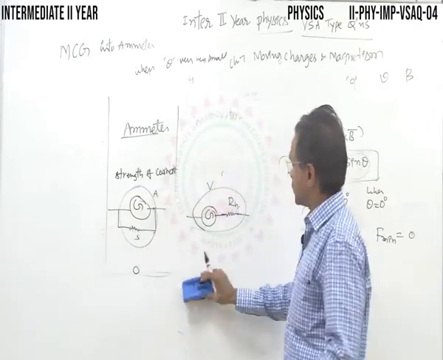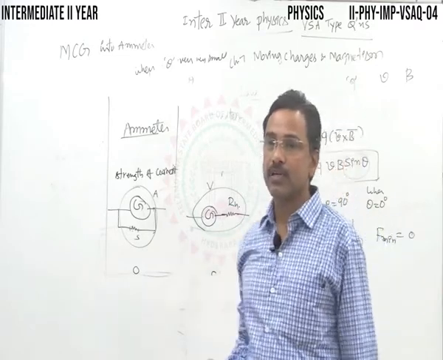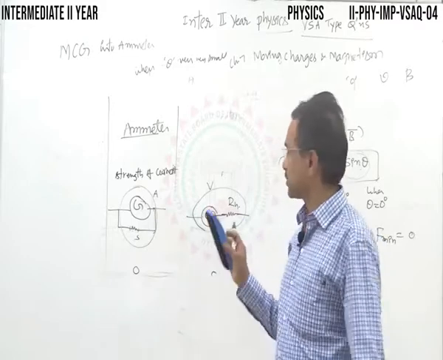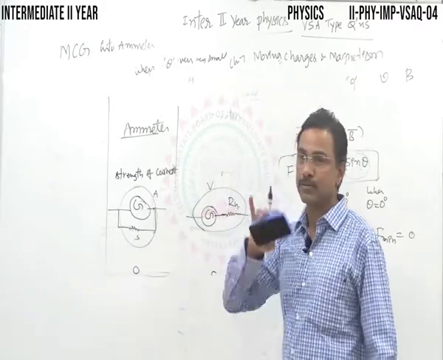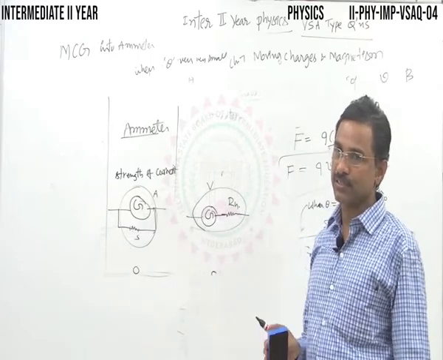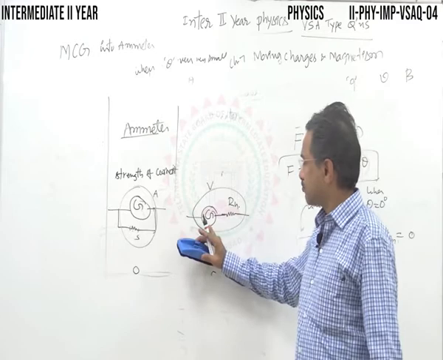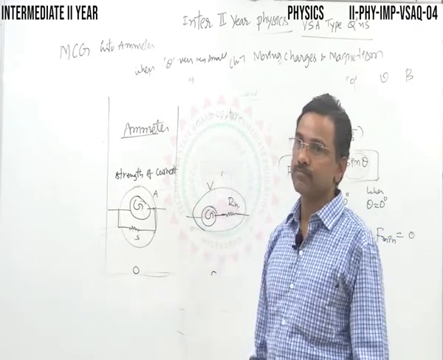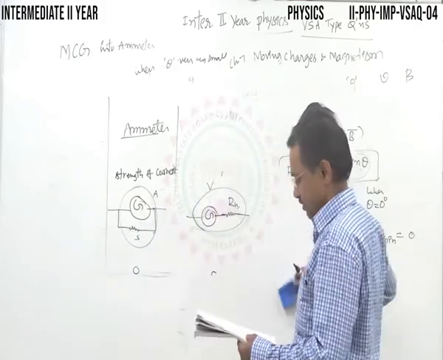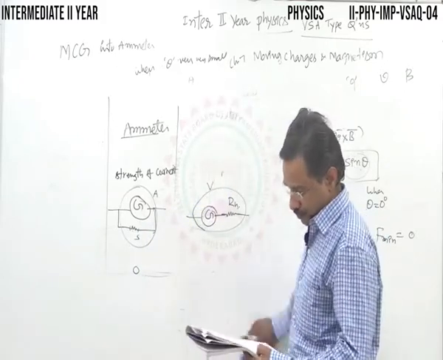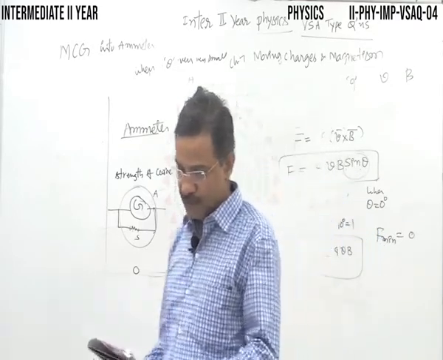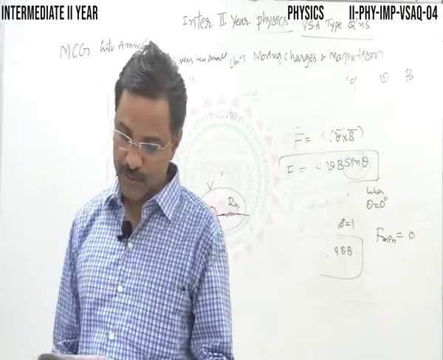Then the voltmeter. Here a galvanometer is converted into a voltmeter by connecting a suitable high resistance. High resistance means the resistance will be very high compared to the resistance of the galvanometer, connected in series with it. Right? A galvanometer is converted into a voltmeter by connecting a suitable high resistance in series with it. Next, so please make a note of it.